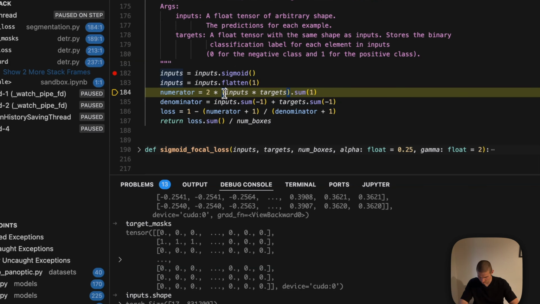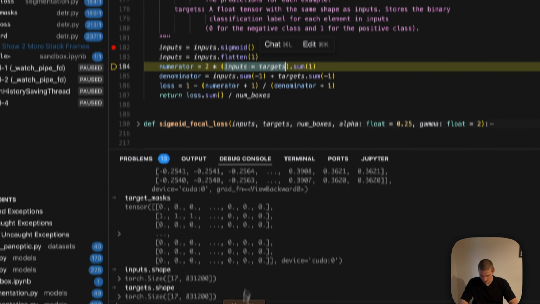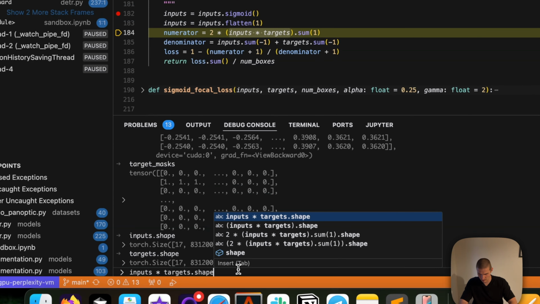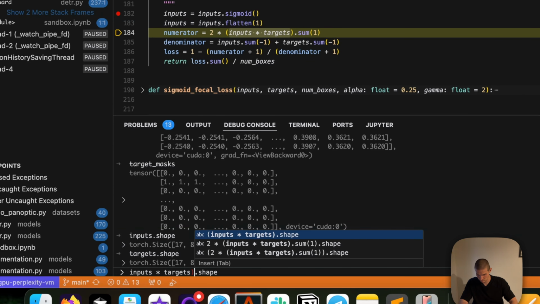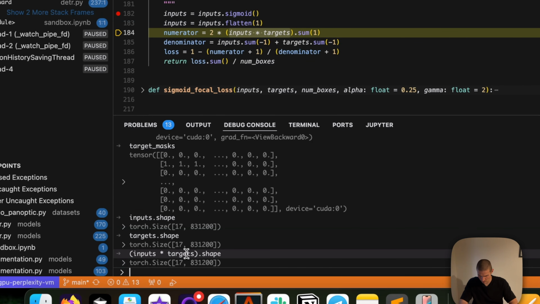And then we perform this multiplication and sum along the first dimension. So the multiplication basically multiplies the confidence scores with zeros and ones in the ground truth. So the shape of that one is the same, 17 by 800k,